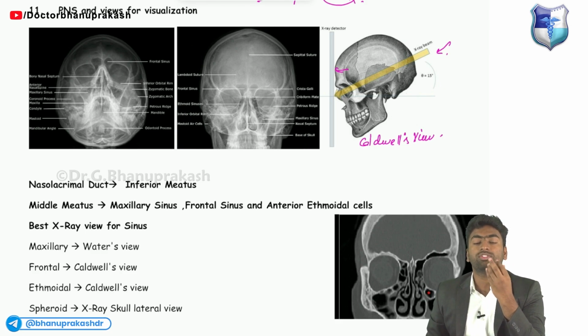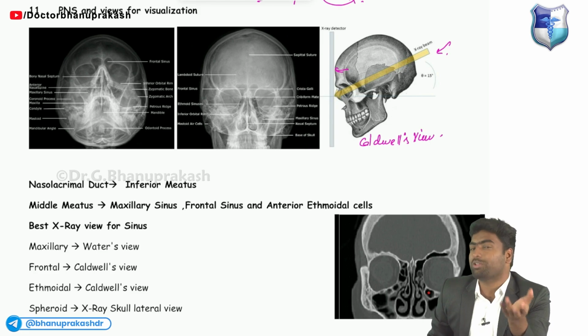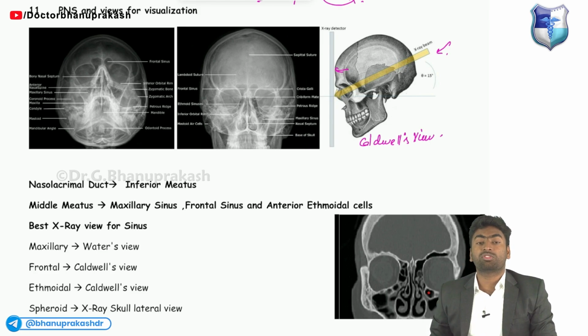ठीक है, तो Waters view में there are 2 views of Waters view. Waters view is usually what? It is the closed mouth view. See, closed mouth view. अगर if you keep water inside the mouth, will you close the mouth or will you open the mouth? If you open the mouth, it will fall, right? So in the case of Waters view, it is this closed mouth view